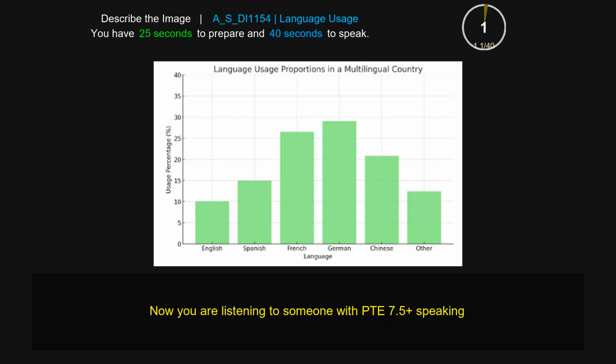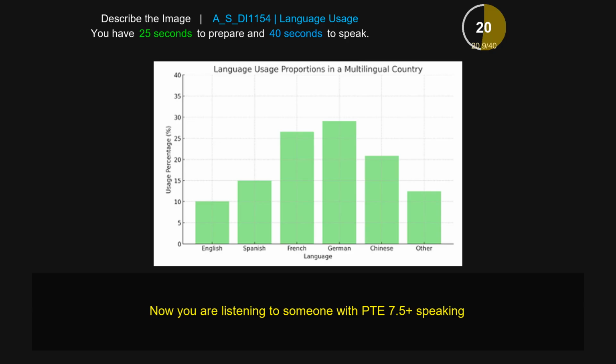The image provided is a bar chart that gives information about language usage proportions in a multilingual country. Firstly, I can talk about the x-axis, which represents several languages such as English, Spanish, French, German, Chinese, and others. In addition, I can talk about the y-axis, which indicates several usage percentages such as 0, 5, 10, 15, 20, and